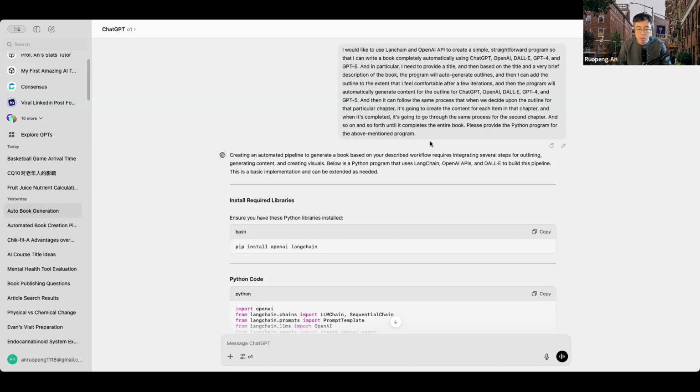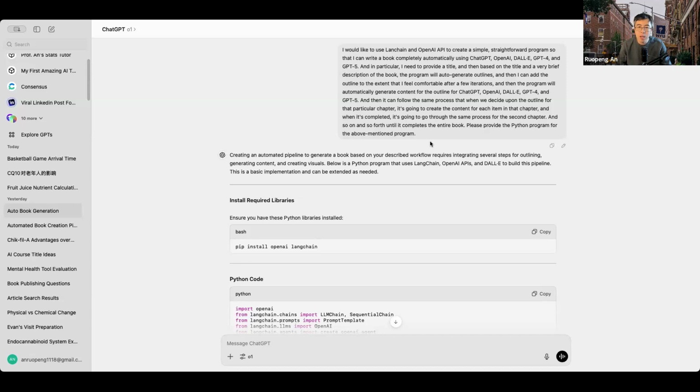So through that iterative approach, the program should be able to complete the first chapter and then move on to the second chapter using the same iterative approach. Okay, so that is definitely not a very easy task for the O1 model.